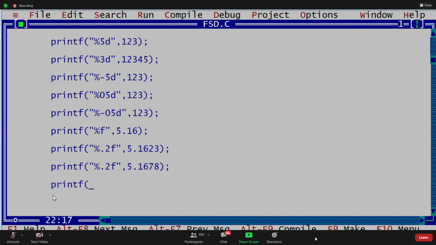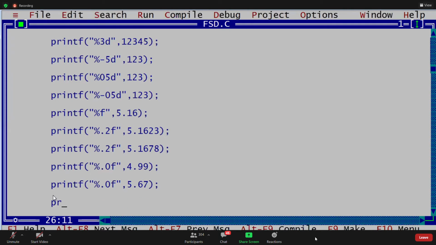Printf of percent 0.0f 4.99. And printf of percent 0.0f 5.67.